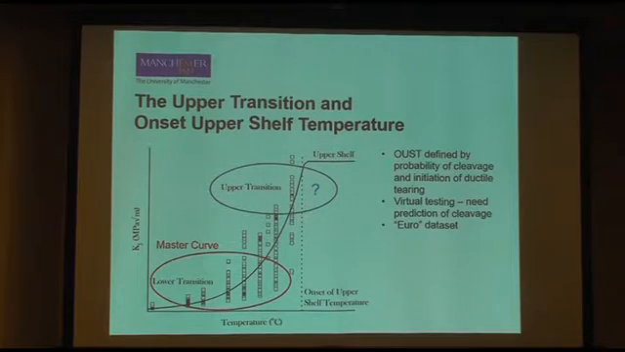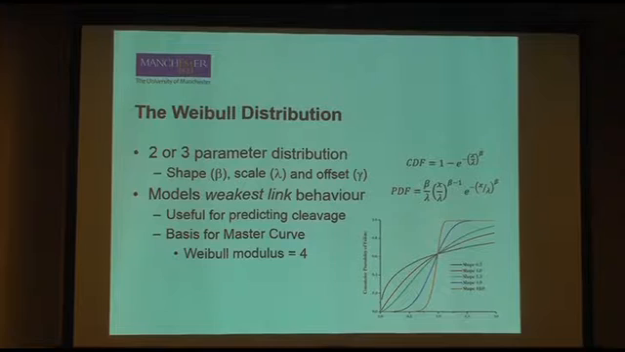I'd just like to point out that this work has been done using the Euro data set, which I'm sure most of you are familiar with. In the work that I'm going to present, we've focused mainly on the Weibull distribution. This is a fairly general 2 or 3 parameter distribution that underlies the master curve approach. In this presentation we're specifically looking at how the Weibull modulus, which is the shape parameter, changes as we move